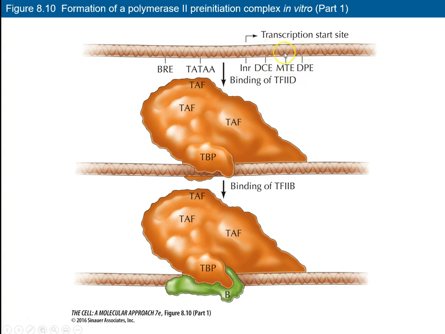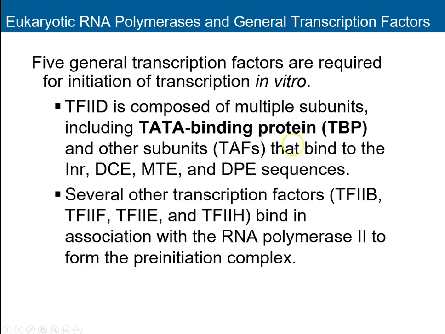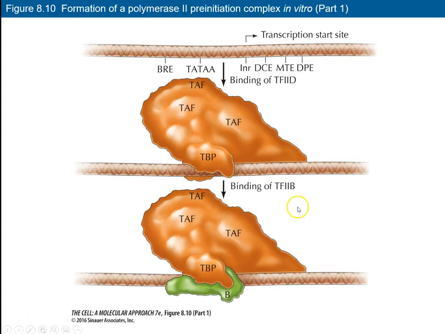These are all just regions of the DNA to which parts of this huge, large transcription factor complex are going to bind. So parts of this all bind to these different elements in the promoter sequence, and that's what we talked about here, okay? So you can see this big blob here, this TF2B,